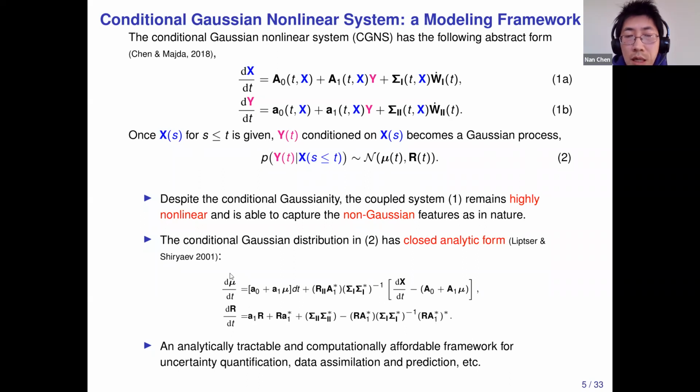So if you do not have this closed formula, then when you try to approximate a distribution, you have to rely on your ensembles, right? And in high dimensional systems, you have this famous curse of dimensionality issue. So you cannot afford a lot of ensembles. So here we can avoid all those problems by just plugging the model formula into the right-hand side. Then we solve this conditional distribution based on this formula. So there will be no ensemble being used here.